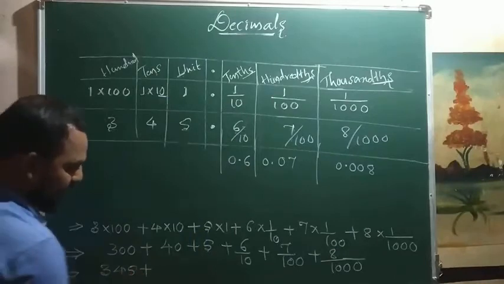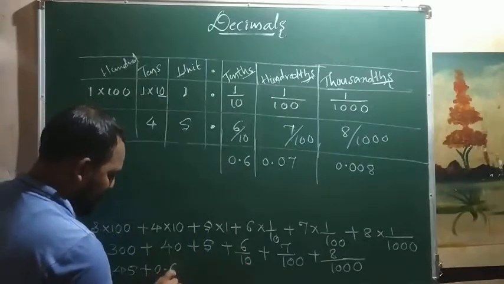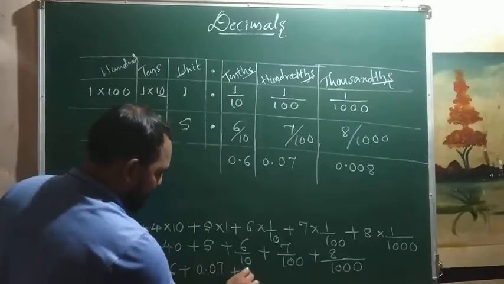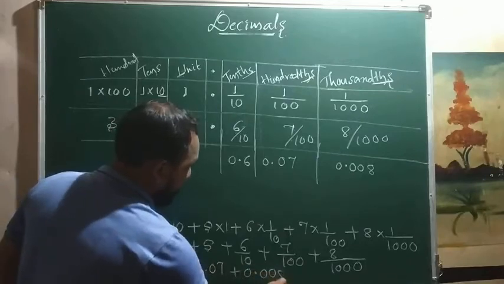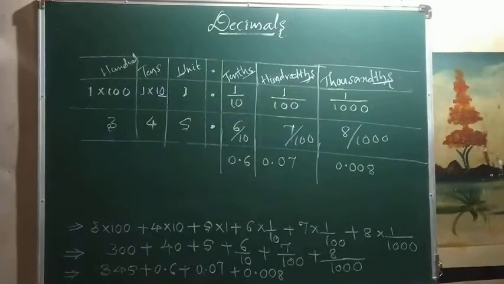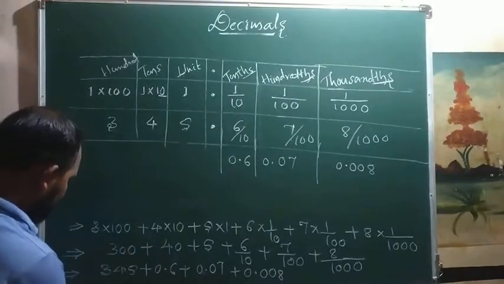345 plus 6 divided by 10 is 0.6, 7 divided by 100 means 0.07, and 0.008. Okay, then 0.008 means here the number is